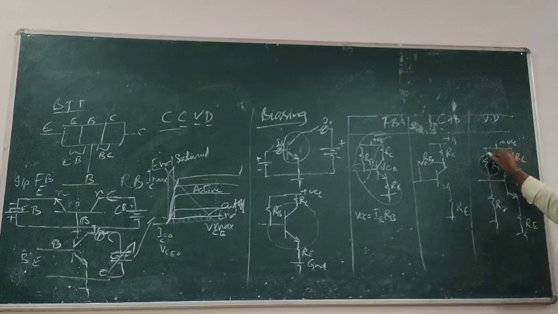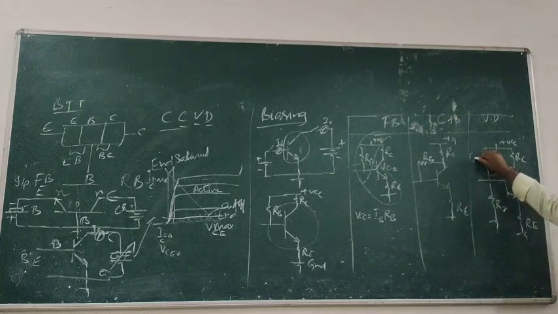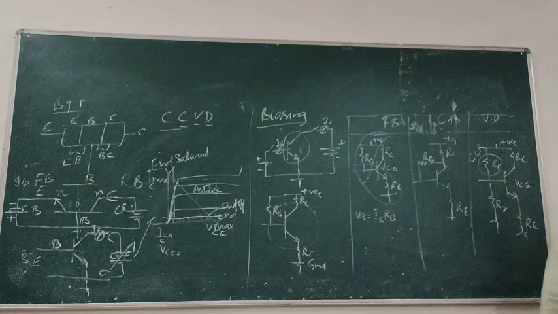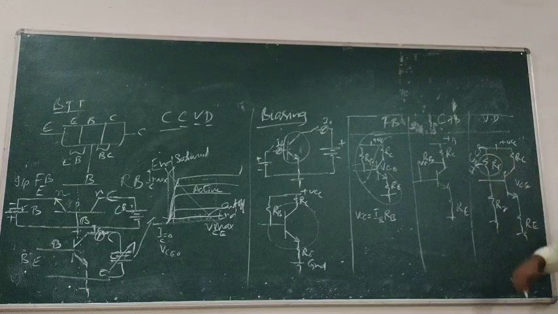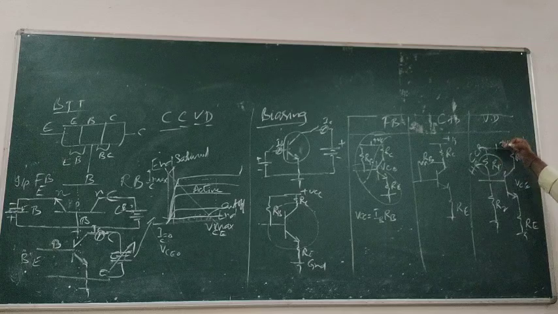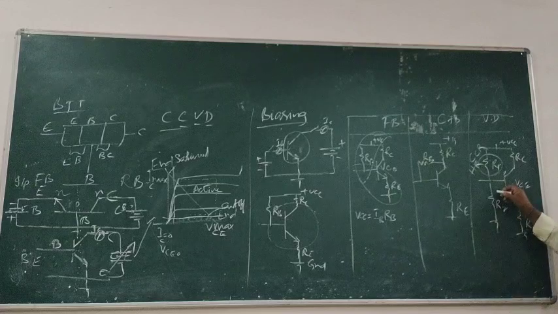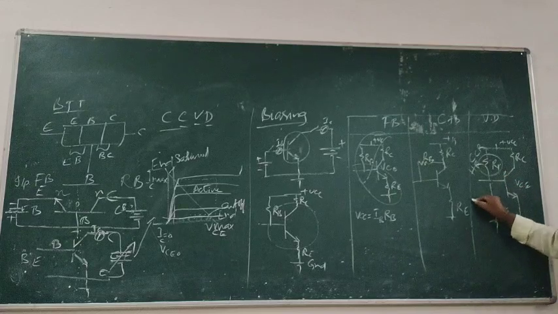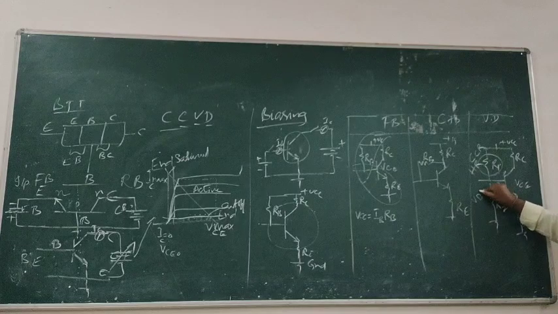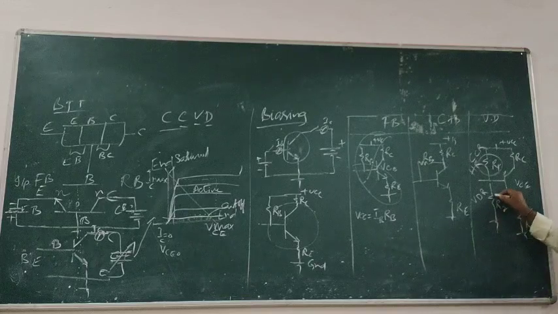So what is the name of this resistor? It is called the current control resistor, CCR. Usually it is a high resistance. The duty of this resistor is to control the current which is coming from the power supply voltage to the circuit. The remaining current passes through R2. It is the voltage driving resistor. So it is giving the connection.